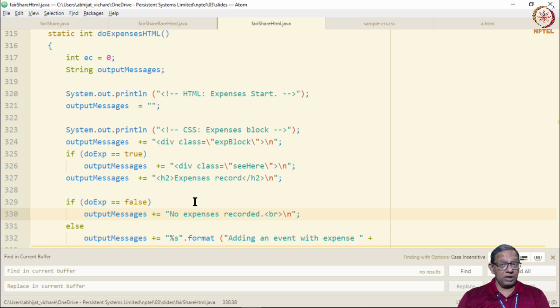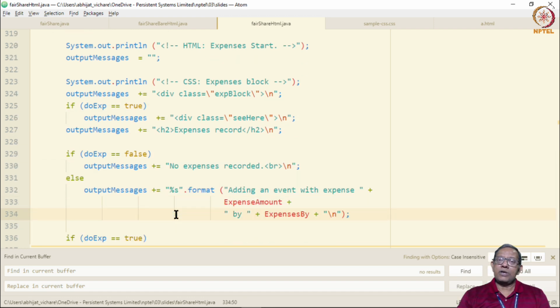Again, as usual, the structure continues. In the string variable output messages, we start collecting the code for assembling an HTML page. Here we define another class called expenses block and have a corresponding end marker /div that will come sometime later below.